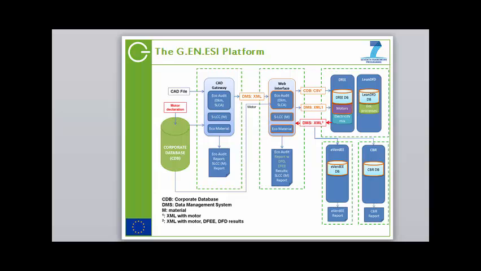The G.EN.ESI platform is a suite of 8 tools. The first two are the CAD and PLM gateway. They are the interface with the CAD software system. The web interface, which is a way of using the information from the BOM file without having a CAD system, DFEE, Design for Energy Efficiency, Lean DFD, Lean Design for Disassembly, Everde, which is a lifecycle assessment facility, and CBR,